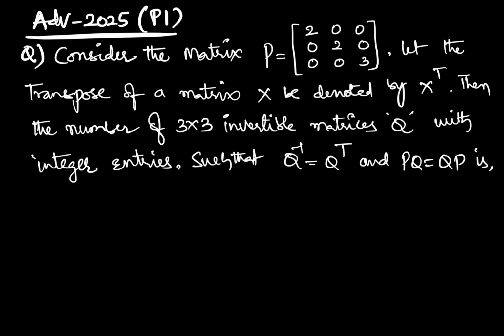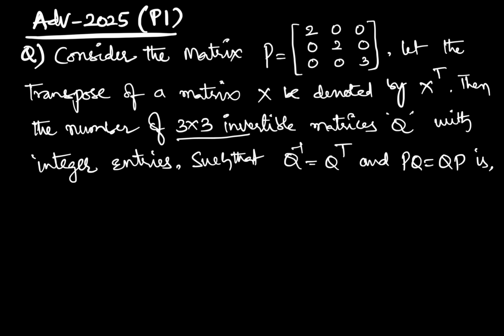Hi students, today we will discuss a problem on matrices and determinants which is given in Advanced Exam 2025 from paper 1. Now coming to the question, consider the matrix P equal to [2 0 0; 0 2 0; 0 0 3]. Let the transpose of a matrix X be denoted by X transpose, then the number of 3 by 3